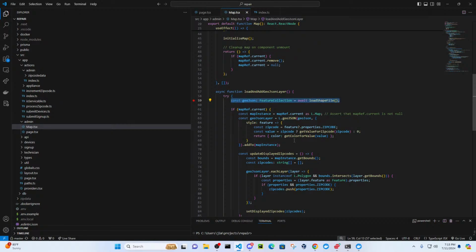Now, there's a couple things I want to do here. One of them is I don't want to load the shapefile every single time a map loads. Because if it starts off with a couple technicians who are looking at maps, that's cool because it's a small number of people. But if there was ever like 1,000 or 10,000 all looking at maps several times throughout the day,